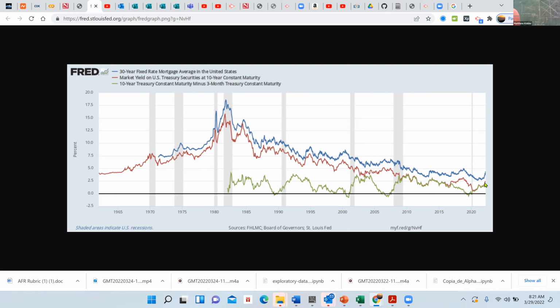Remember, there's a lot of different prices in the economy. The CPI are the prices that you and I typically pay for goods that we buy, or big goods that we buy. There's also the producer price index, and we can also look at prices across the industries. We can look at prices in a million different ways, okay?